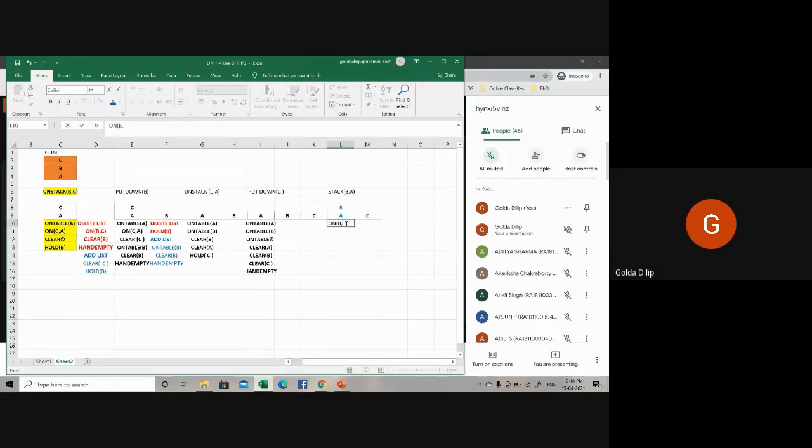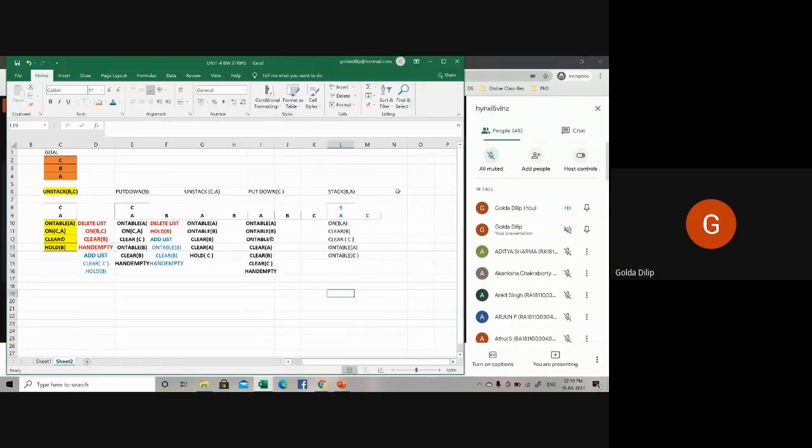On B comma A, then clear B, then clear C, then on table A, then on table C. Accordingly, write your add and delete list.